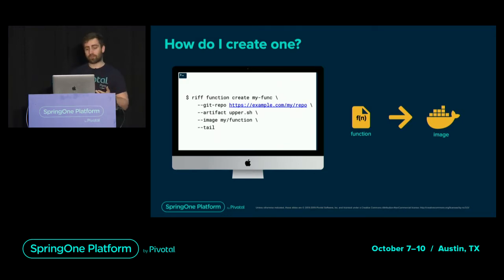But then you need the Riff CLI, so you can grab it from the binaries, from Homebrew, from Chocolatey if you're on Windows. And in that case, what do you say? So you use the Riff CLI, you want to create a function, you give it a name, so that later the Kubernetes custom resource is created and you can refer to it by its name. So the first thing you need to tell is where the sources are, so they can be remotely available through GitHub, like in that example. It could be locally with a local path flag.